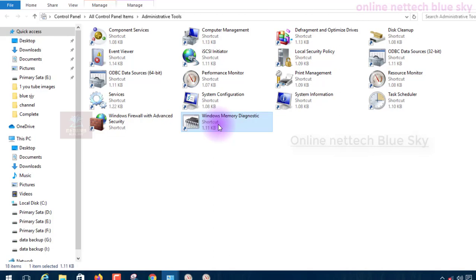Next time I will continue with Windows Memory Diagnostic, all its options, and the features, advanced options and benefits of the Windows Memory Diagnostic tools.